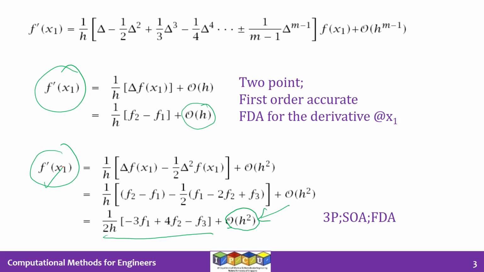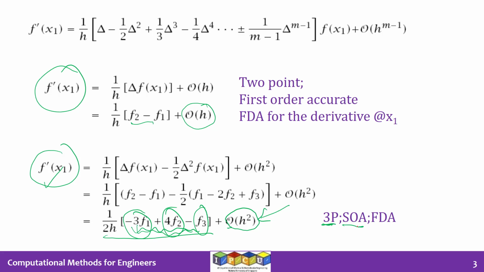Of course, here we have to do more calculations because you have one extra term inside. This was just based on 2 symbols. This is now based on 3 symbols. So you get an extra computational load, but you get improved accuracy. Please note that this is going to be 3-point. Why? Because it involves F1, F2 and F3. So this is a 3-point method or a 3-point expression.